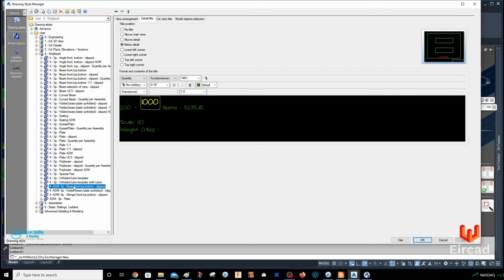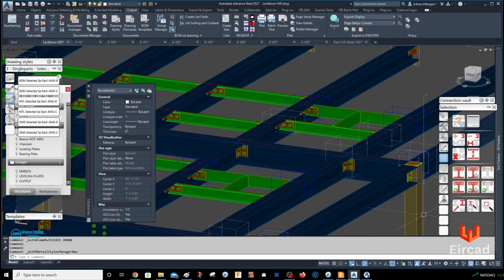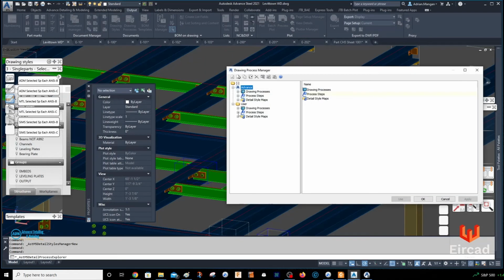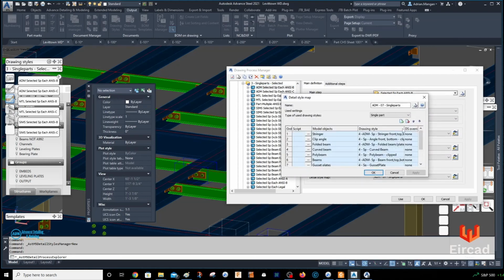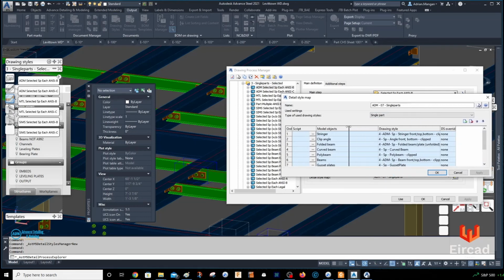So if you want to know why it's this one, kind of getting off track a little bit, but it's important. So go back into your drawing processes, and let's go back to that drawing process I used, which was selected Singleparts, this one, and then you come down here to your detailed style map, and we can see down here, if we expand this a little bit,